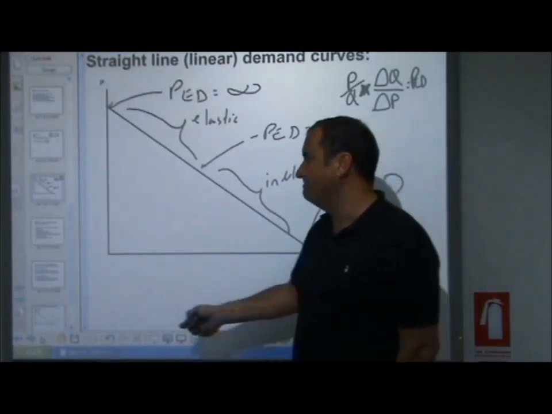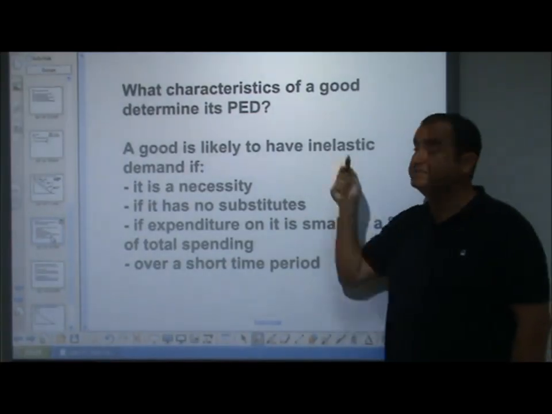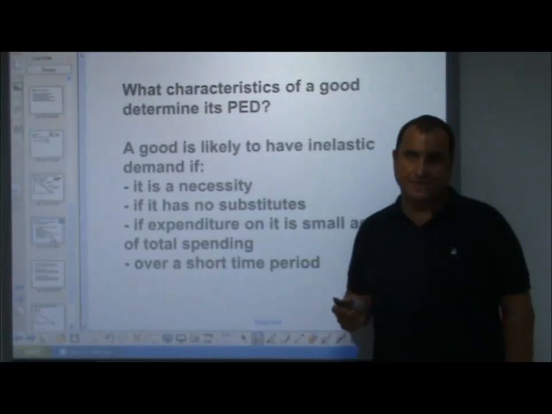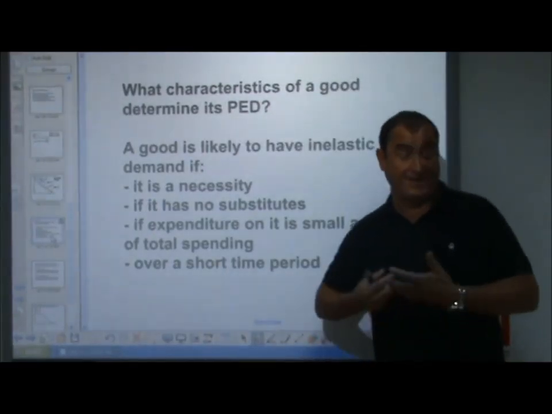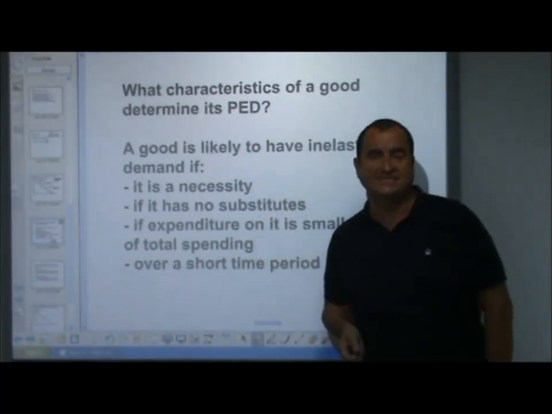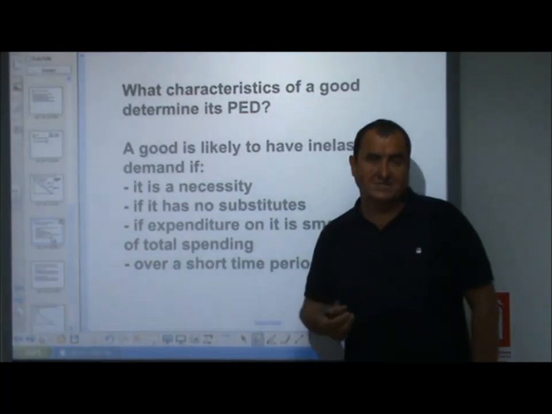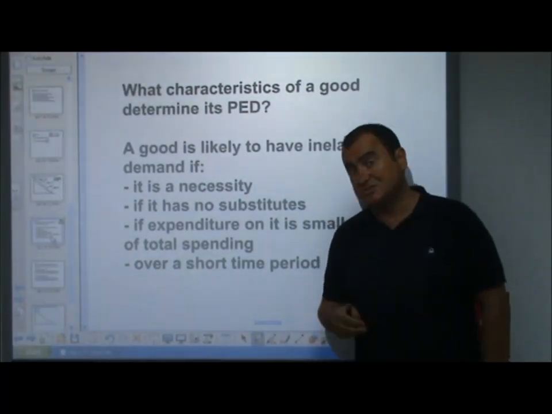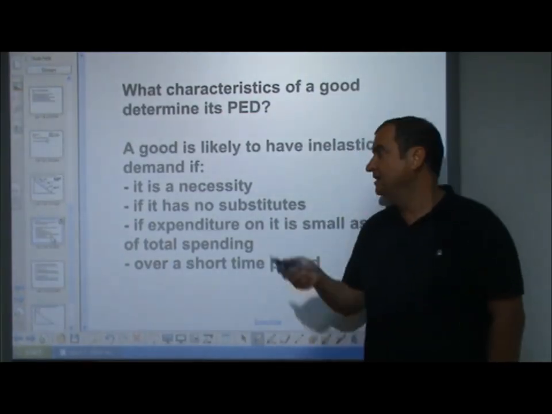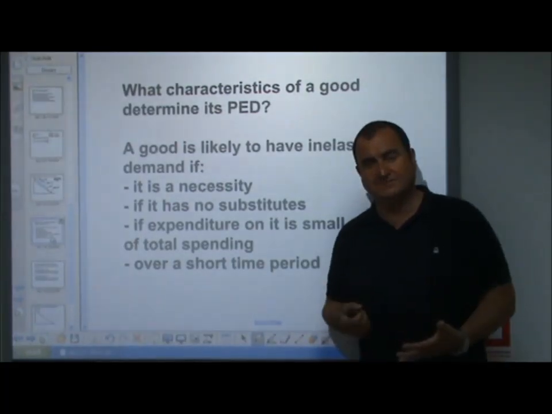Okay, let's move on. So, what characteristics of a good determine its PED? Let's look at it this way: what kind of goods would have inelastic demand? A good's likely to have inelastic demand if it's a necessity. That's the argument with electricity. It has to be bought, so if it's a necessity, not a luxury, it's likely that price changes won't affect our demand very much. So if it's a necessity, if it has no substitutes, no alternatives to use,